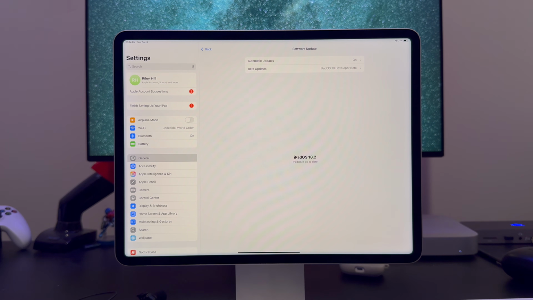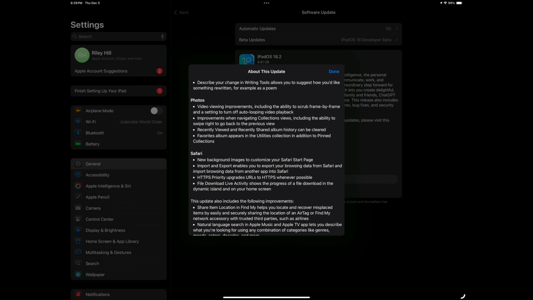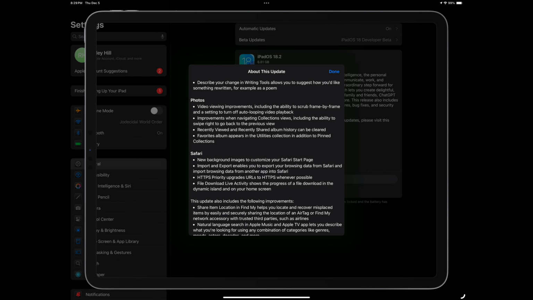Today we have the public release of iPadOS 18.2. The highlight of this release is actually going to be more Apple Intelligence stuff if you have a compatible iPad, that is an M series iPad or the A17 Pro iPad mini. But there are also a lot of smaller new features that aren't related to Apple Intelligence. And I'm going to switch it up actually, starting with those this time around, so let's go ahead and jump